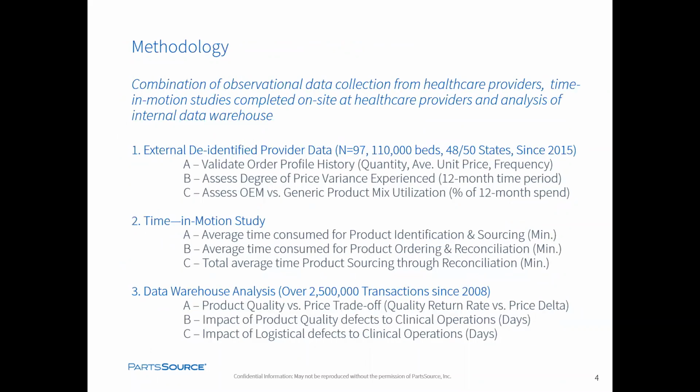So the methodology we used to look at this problem in more depth was really based on 3 different approaches. The first was to partner with a broader set of hospitals and leverage their data to dig into the same research questions we looked at in that first study from the 2014-2015 time period. And we did that. We partnered with 97 health systems across the US, representing roughly